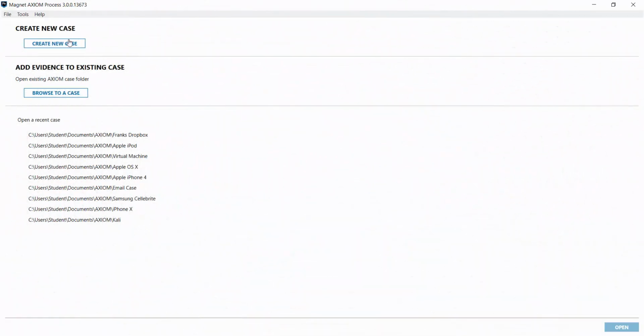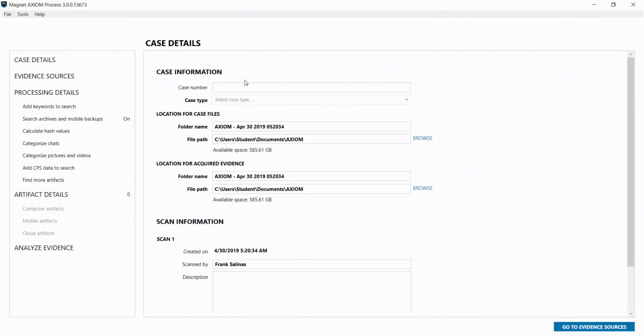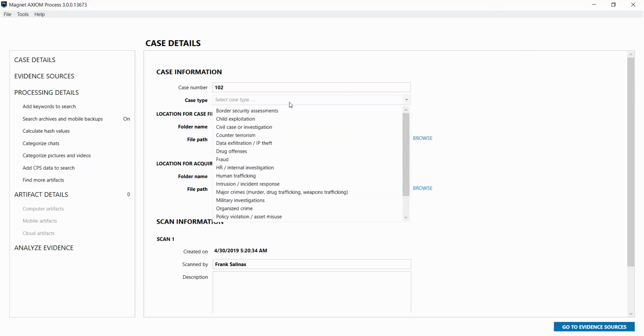In this video, we're analyzing a Facebook account using AXIOM. First, I need to create a case. 102, that's the number that I will be using for this video. The case type, remember that this goes with the case that you may be dealing with for the purpose of this video. I'm selecting major crimes, drug trafficking,